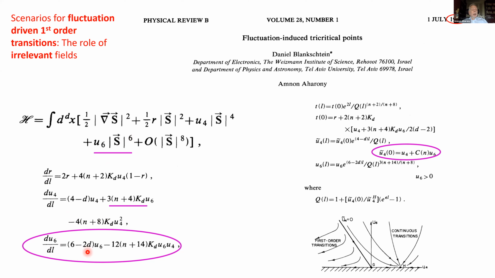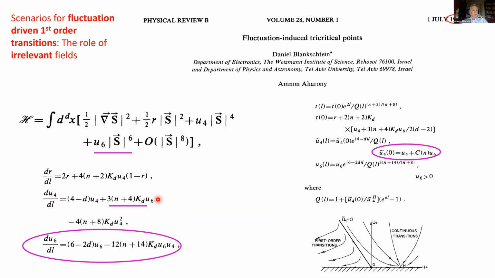So in 4 minus epsilon dimensions, this is minus 2. It's highly irrelevant near 4 dimensions. It's marginal in 3 dimensions, but that we'll discuss somewhere else. So it is relevant. However, U6 appears in the recursion relation for U4. So when you start, U6 was not 0. And in the first few iterations, U6 decreases, but at the same time, it influences U4, and it makes it